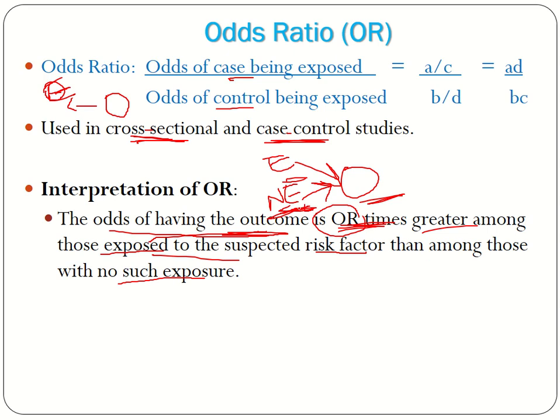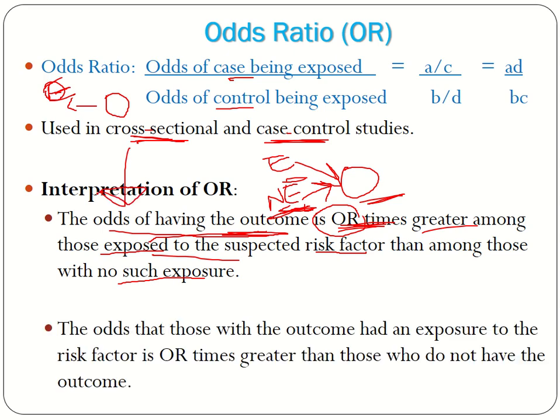ስለዚህ አውትካሙ በኤክስፖዝድ እና በነን ኤክስፖዝድ መካከል ልዩነቱ ምን ይመስላል? ኤክስፖዝድ ከነን ኤክስፖዝድ አንጻር the odds of having the outcome ምን ያህል ታይምስ ግሬተር ነው የሚለው ነው የሚነግረን ማለት ነው። ሶ ይሄንን ኢንተርፕሪቴሽን ለክሮስ ሴክሽናል ስተዲ ዲዛይን እንጠቀመዋለን ማለት ነው። the same thing if we are using a case control